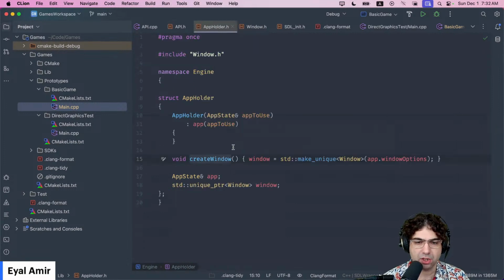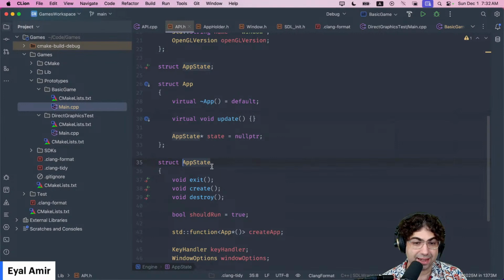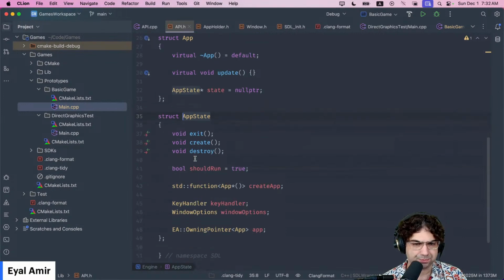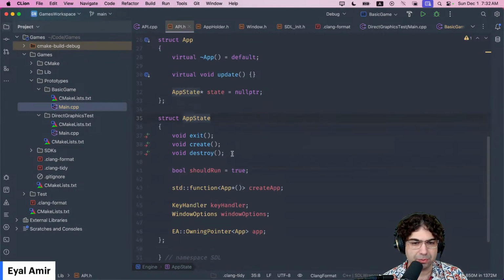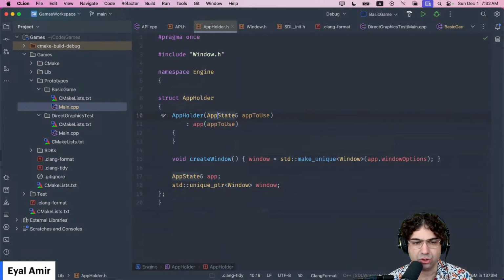So AppHolder, at this point, just receives something called an app state. That is something that is a little bit exposed to the user. Like it has, should it run, and the key handler. These are window options, things that are exposed to the user. And then AppHolder eventually creates the window and all kinds of internal things that are not